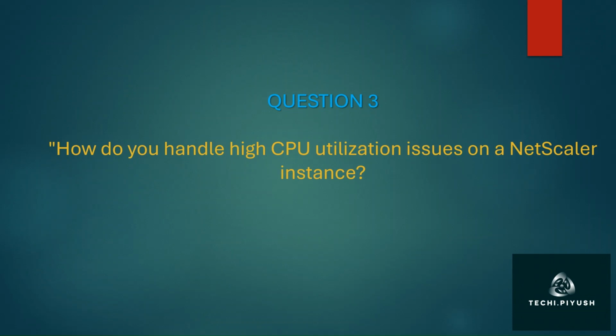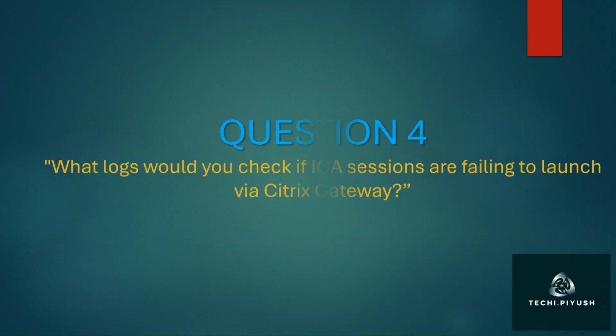Then we can use Netscaler MAS, which is Management and Analytics System, to analyze traffic patterns and look for anomalies. This tool can help pinpoint what might be causing the spike. Also ensure there are no misconfigurations in policies like load balancing or content switching, which could cause excessive resource use. If nothing seems off, you might need to optimize configurations or even upgrade resources if the hardware is under-provisioned on Netscaler.